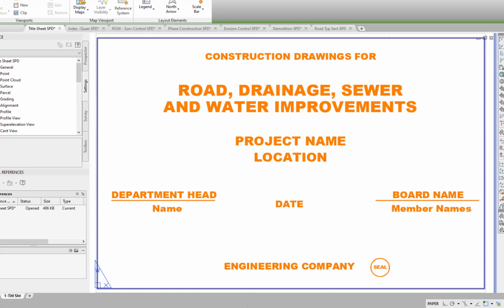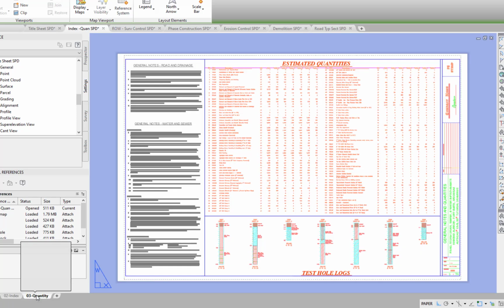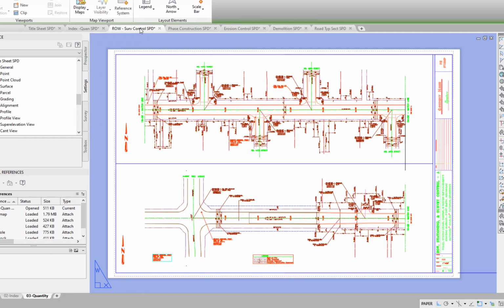The title sheet SPD drawing contains one sheet and it starts with number 1. The index and quantity SPD drawing contains 2 sheets, with the first sheet containing the general location map and the index to sheets. And the second sheet, or sheet number 3, contains the estimated quantities, the test logs, and the general notes. The right-of-way and survey control SPD drawing contains 2 sheets setting forth the stationing, survey control, and the